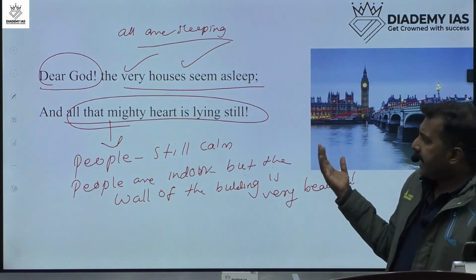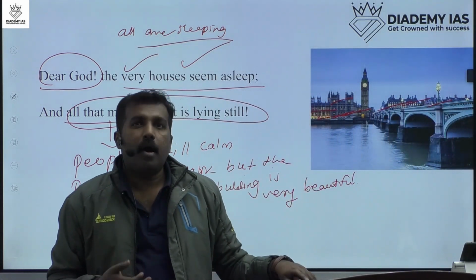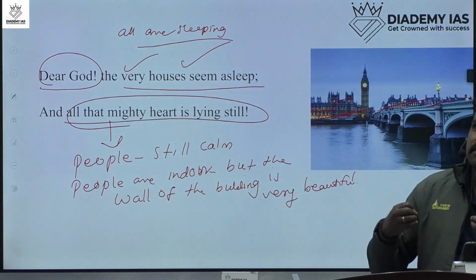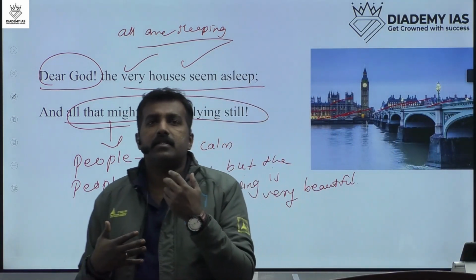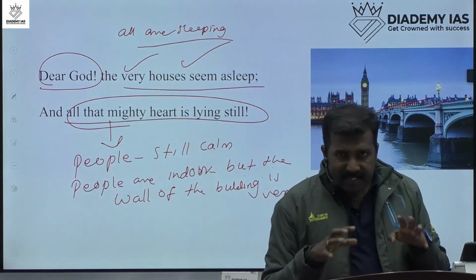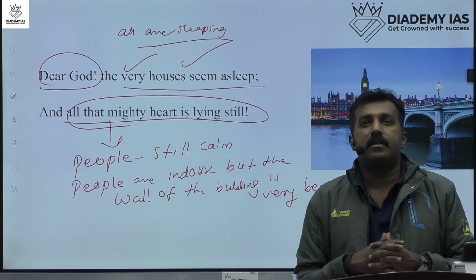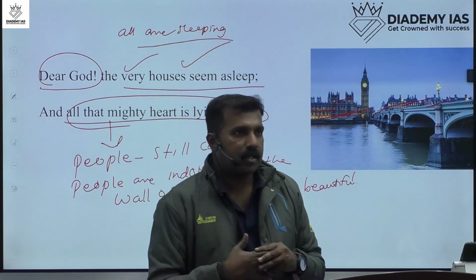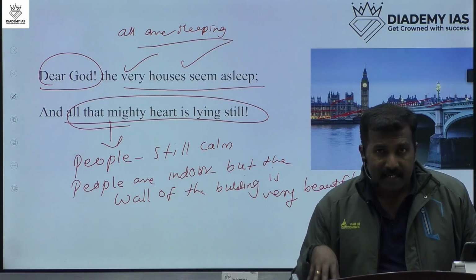Okay. And the poet explains the beauty of the city and of the buildings, like different types of buildings, ships, temples, domes, etc. All these are explained in this poem. So these are the important imaginary lines used by William Wordsworth in this poem. It's a short poem in the UPSC syllabus. So these are the important points we discussed in this class.